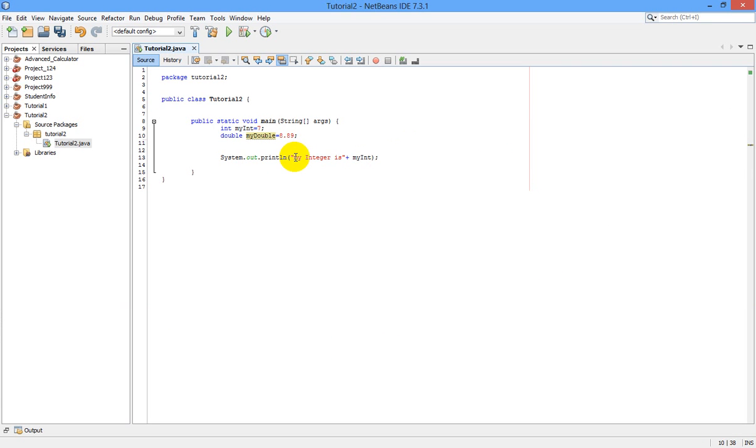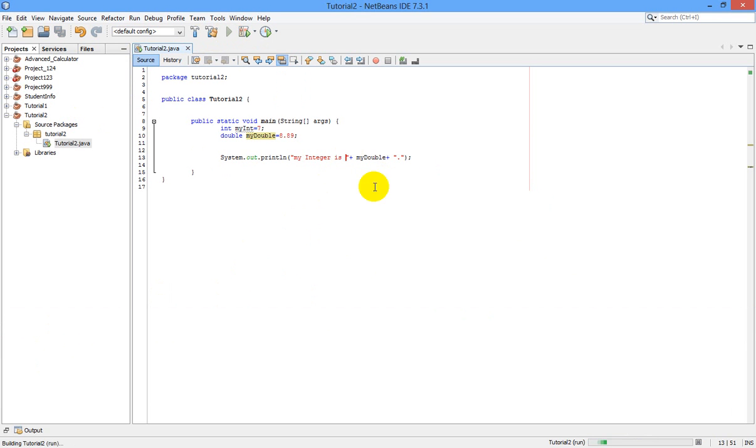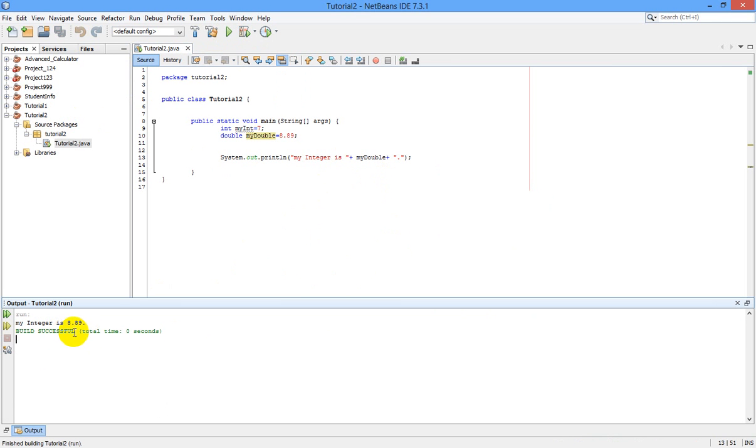Now I am going to print the same thing, my number is, my double plus, suppose full stop. If I run this same program again, you see my integer is 8.89. If I place some space here, my integer is 8.89. You can see it clearly here.